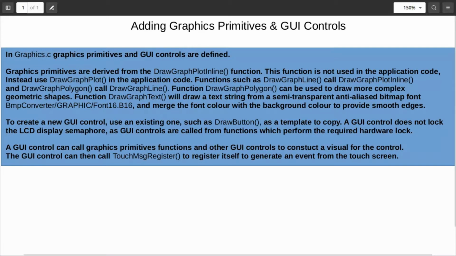So the source code comes with pretty much all the graphics primitives I think you probably need, and a set of the graphics GUI controls. So the GUI controls are such things as buttons, text boxes, checkboxes, things like that. But you're likely to want to add new GUI controls. So in this video, I'll talk about how to add graphics primitives and GUI controls, and that should provide also,